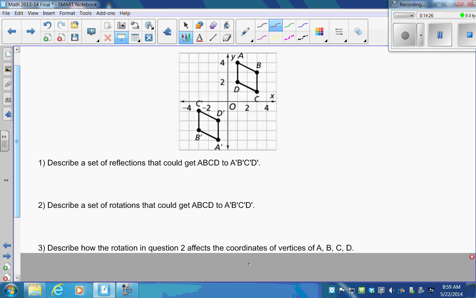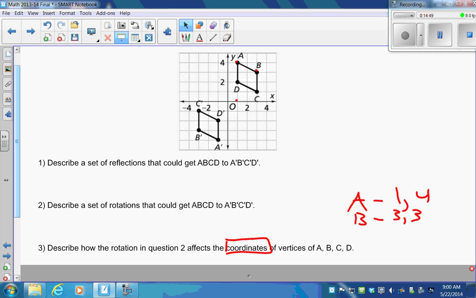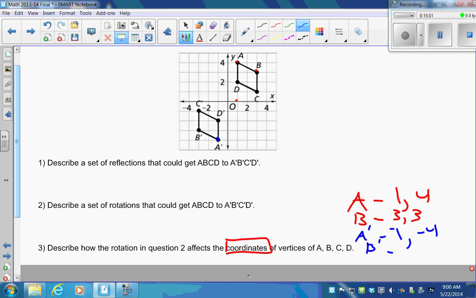Describe my coordinates. My key word in here is coordinates, so I actually have to find the coordinates. So my A is at over 1 up 4, so 1, 4. My B is at over 3 up 3. And sorry, scroll down. So my copy, my A copy is at over 1 in the negative direction and down 4. My B copy is over in the negative